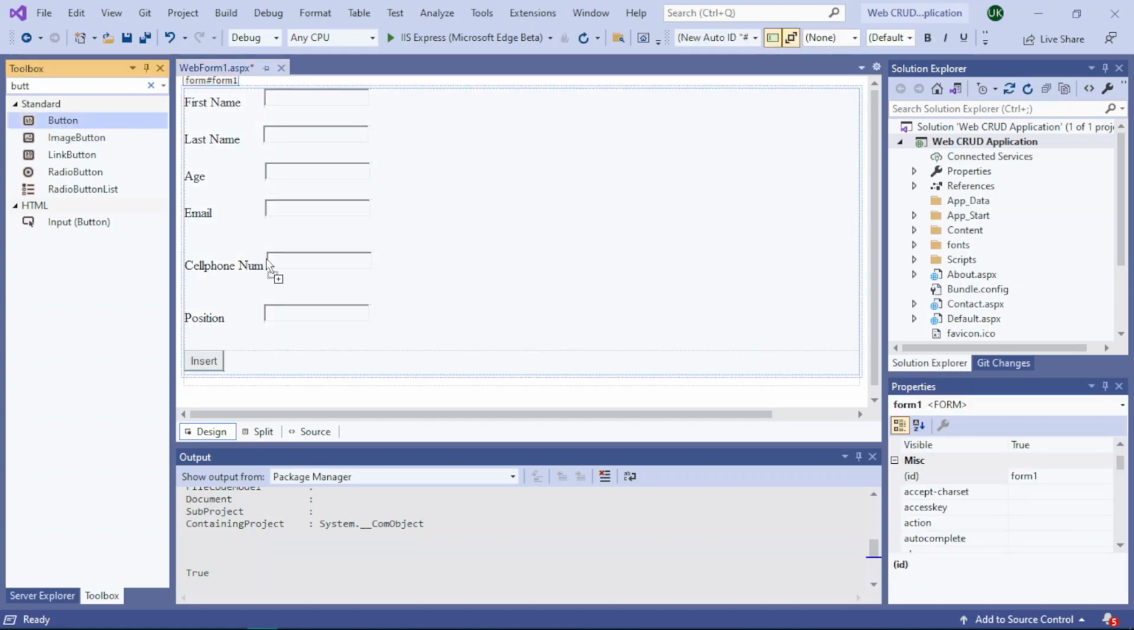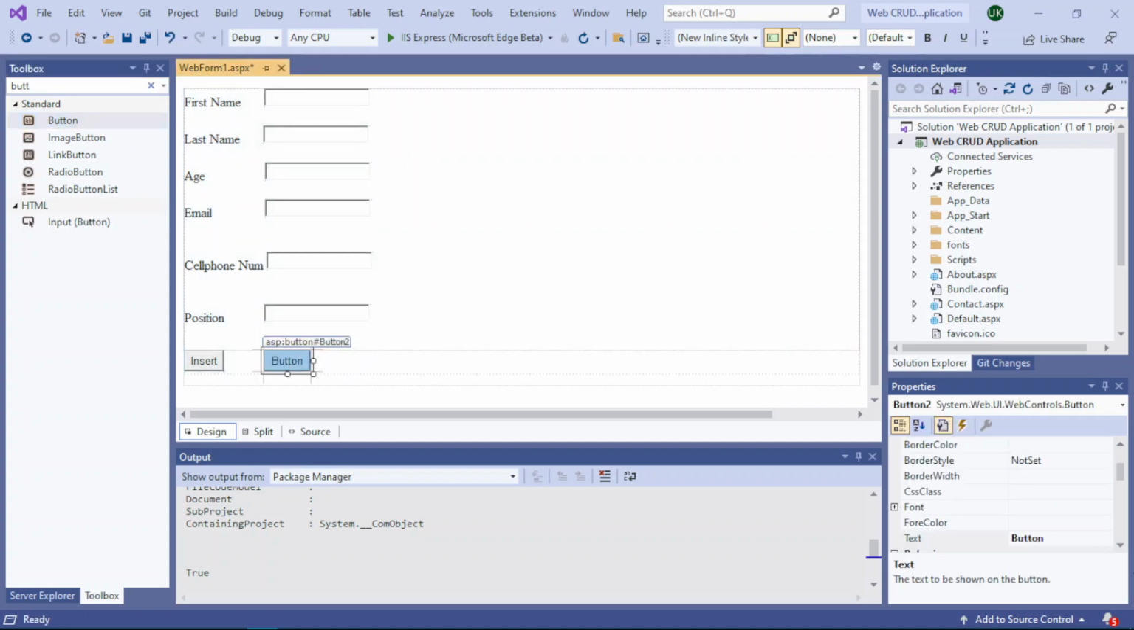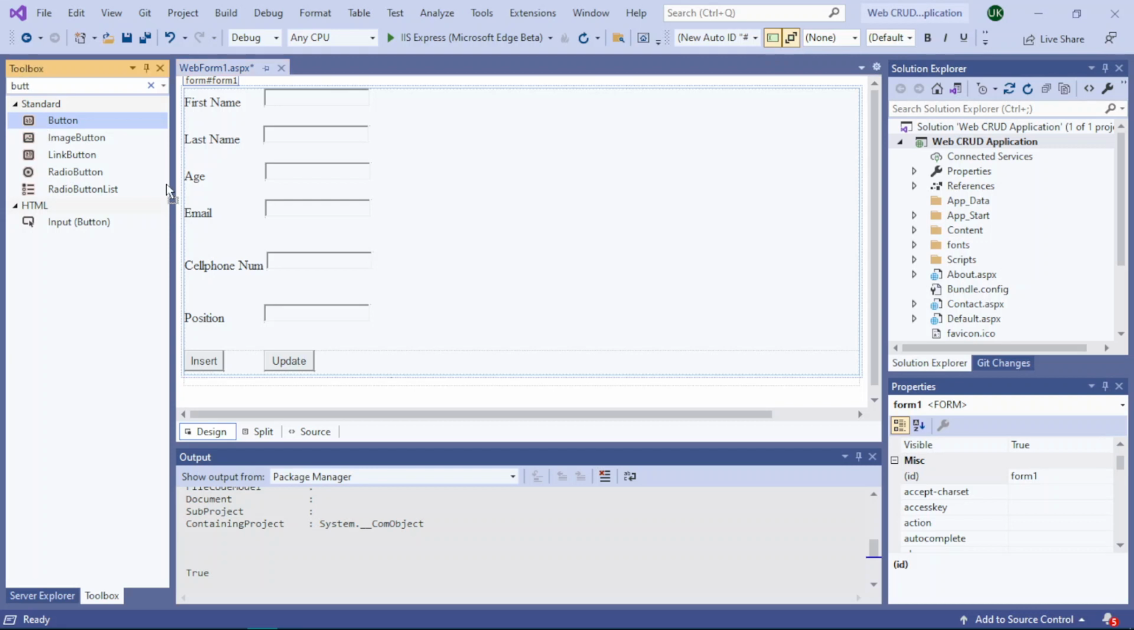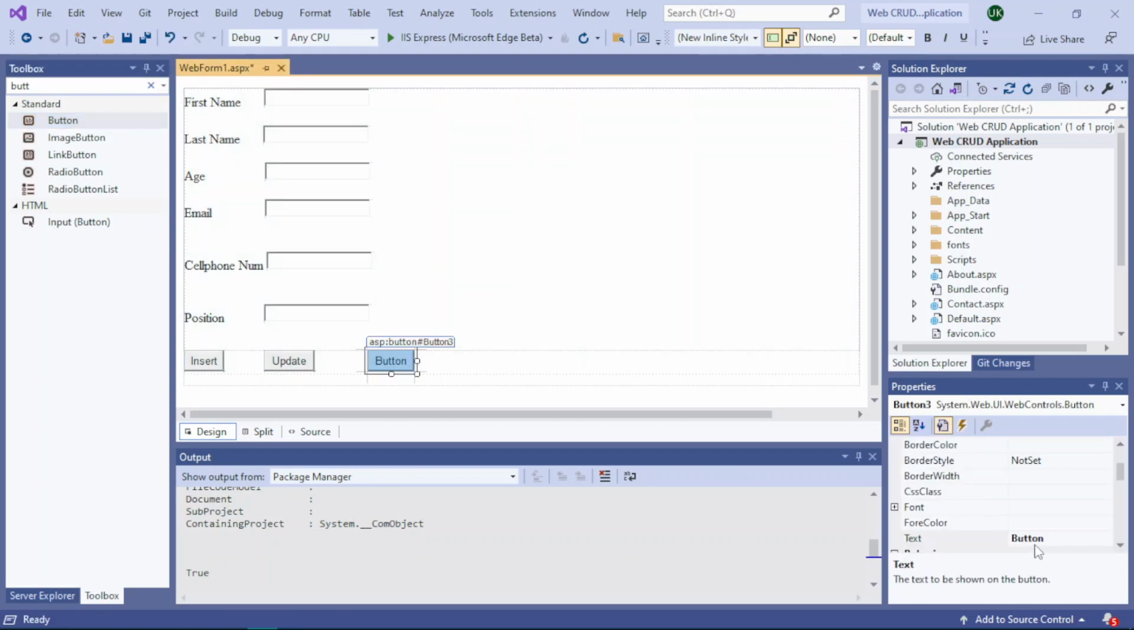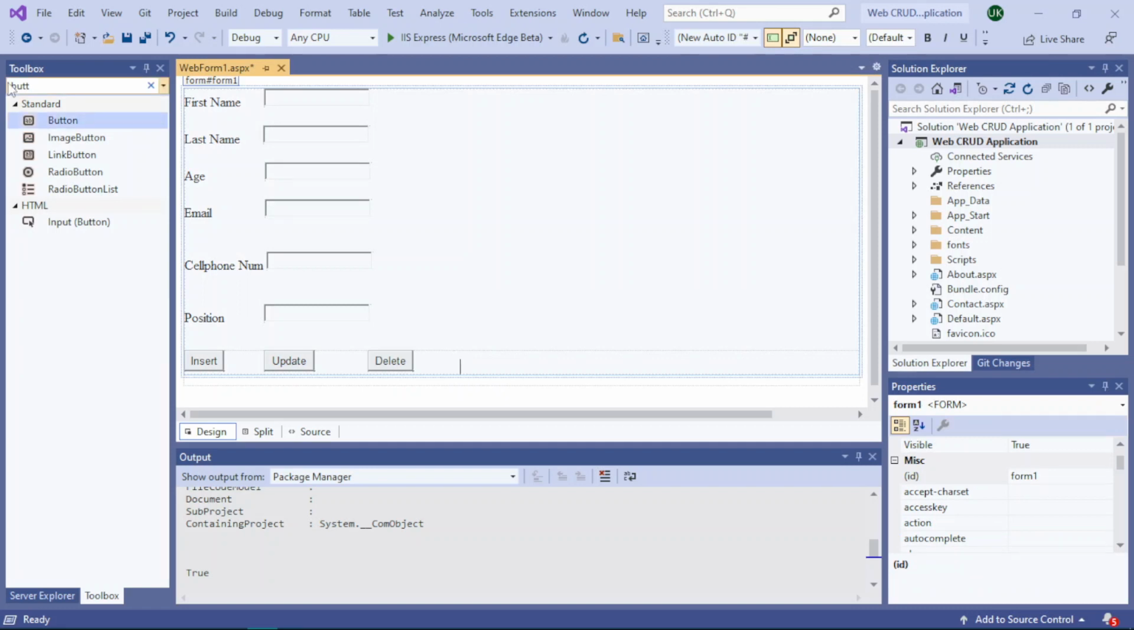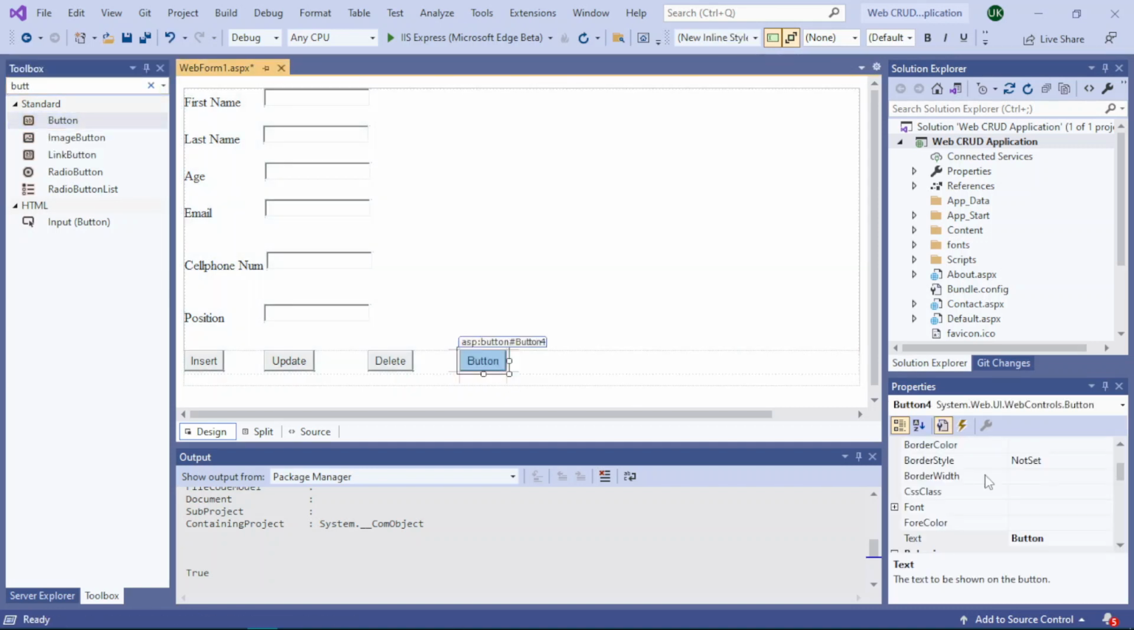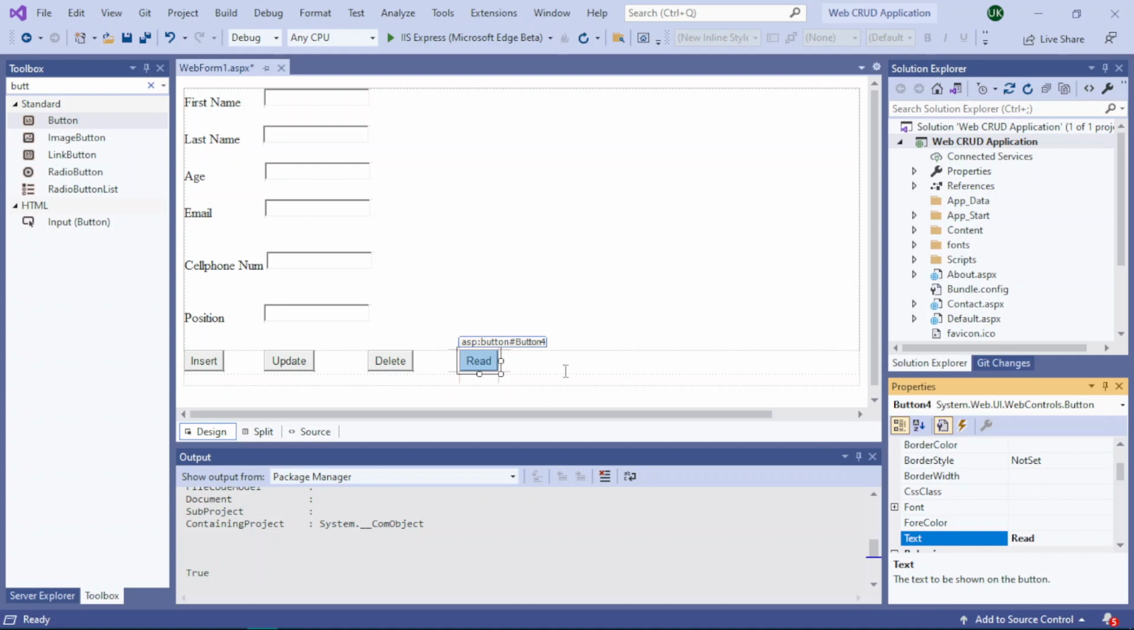Okay, and let's add a new button called update. Let's add another one called delete. Let's add another one called read. Okay, now these 4 buttons are added, and if you remember from the fields, we need to set up